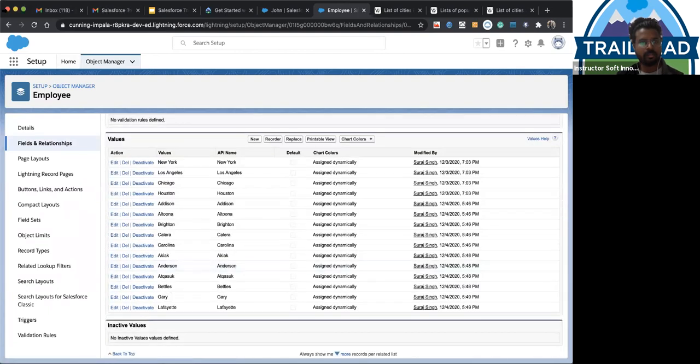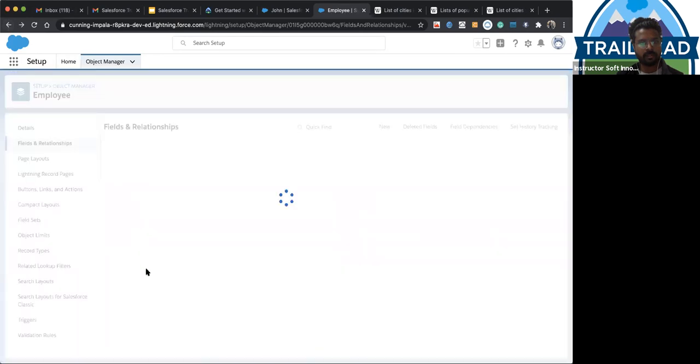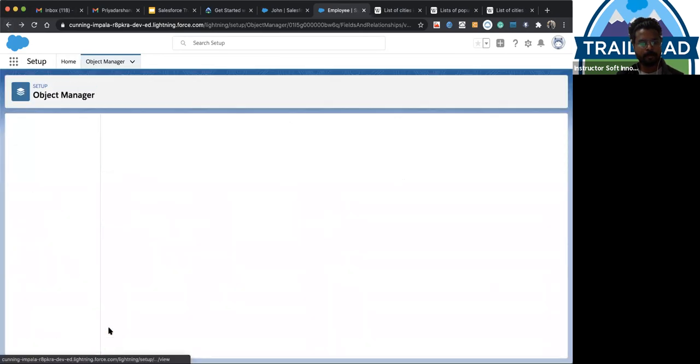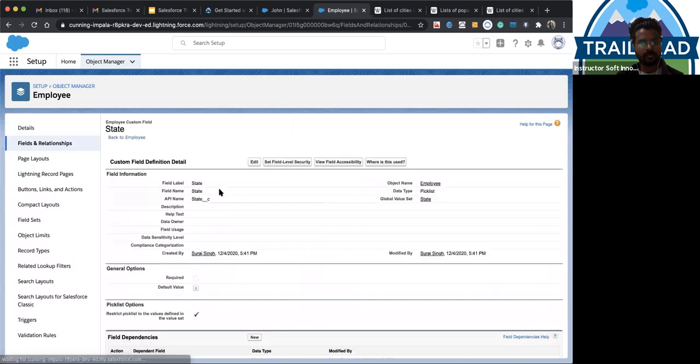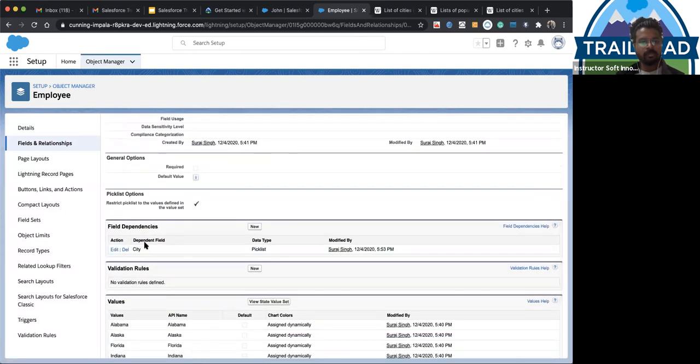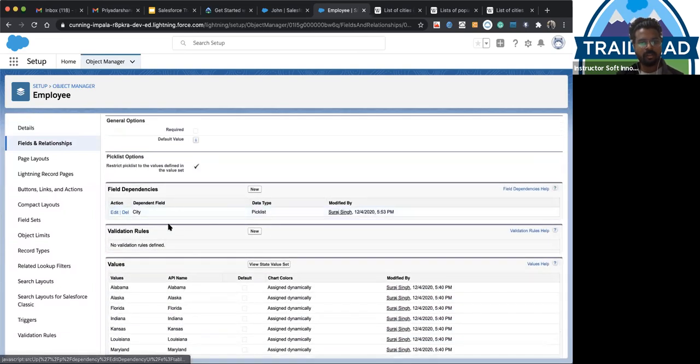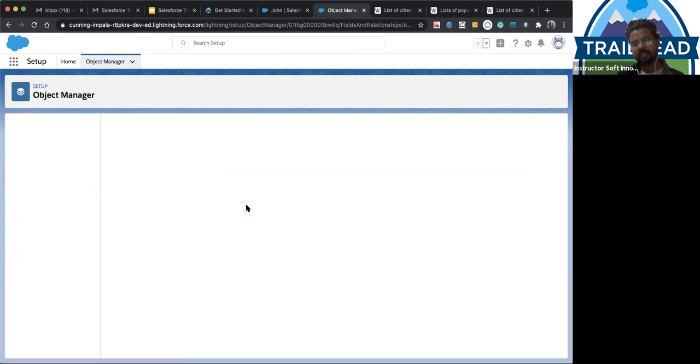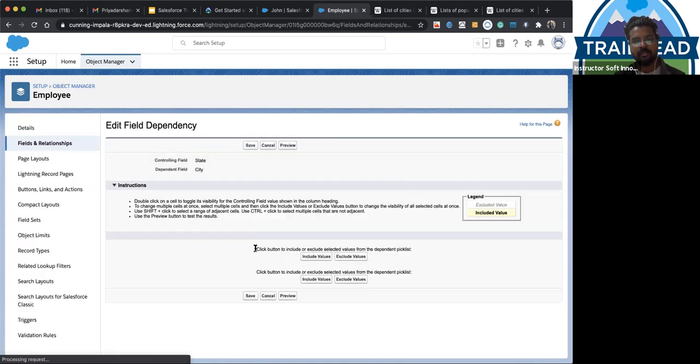It should be on state. Yeah. So here you can see the field dependency. We just need to create a field dependency record on which we choose the dependent field and controlling field, and thereafter we decide which pick list values should be available for which option.